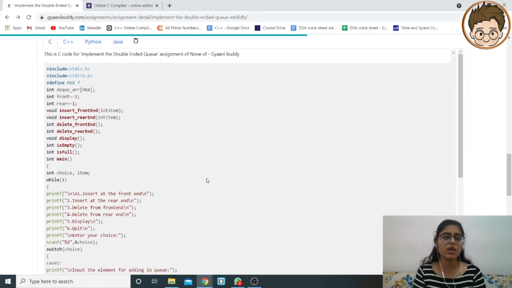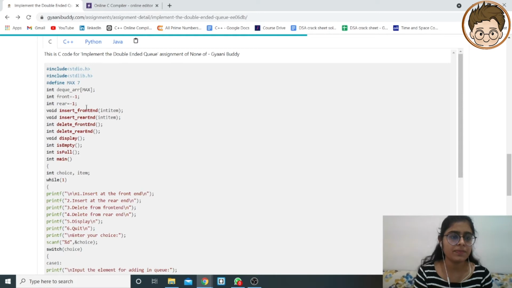In the code, we have these various methods, and I have defined an array here, dq array, with a maximum limit. Here I have defined the maximum limit as 7, and I have initialized front and rear to -1 initially.